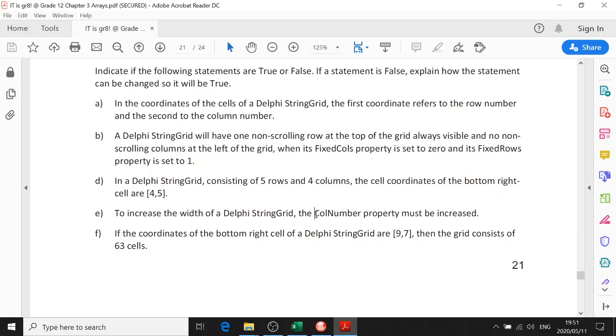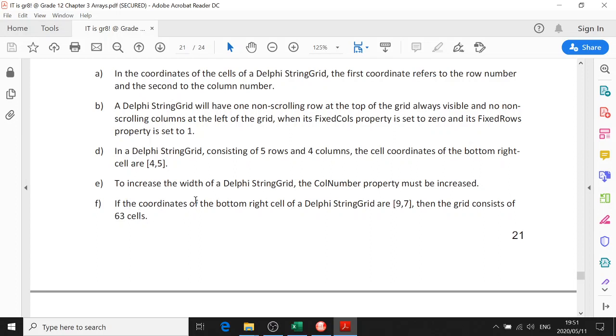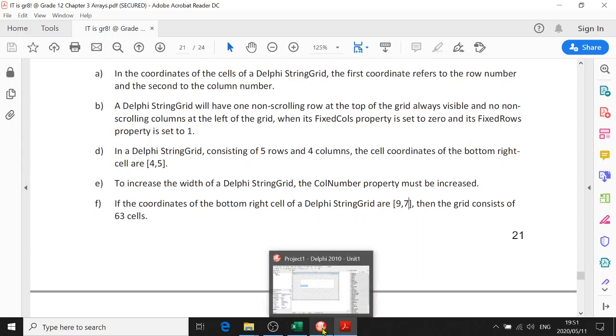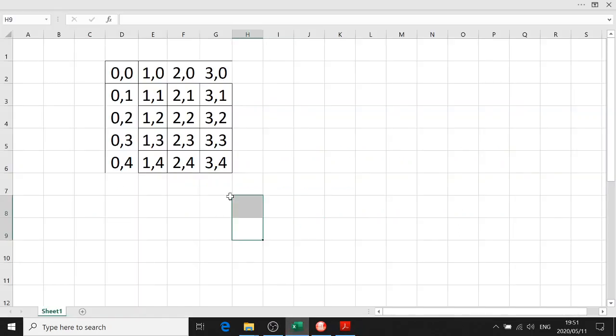Right, so that is false, and I've shown you how you can increase the width of the string grid. Okay, number F, or number E in your textbook, and F over here. If the coordinates of the bottom right cell of a string grid are 9, 7. So if they're column 9, row 7, if you look over here, this was column 3, row 4, which means we have 4 columns